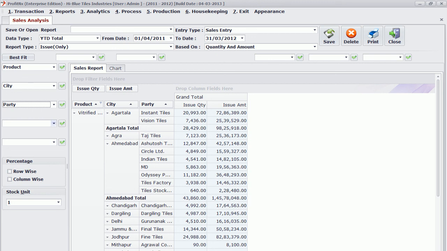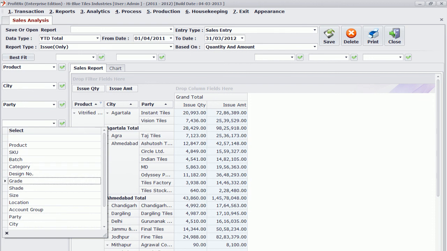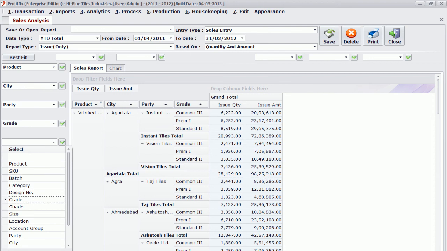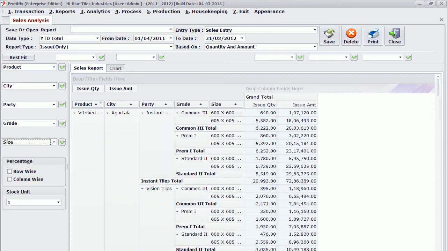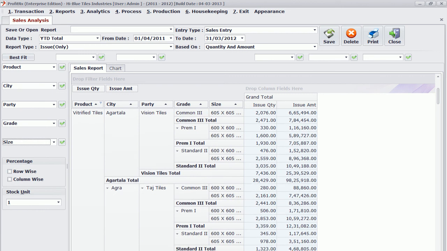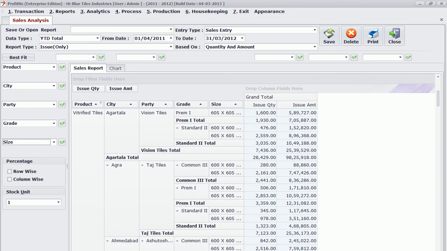Now in the party, I can have again grade, that okay, Taj Tiles Agra, how many of common 3, how many premium, how many standard, and in grade I can also further go down to size. Of this, which sizes have been sold by them. Look at this, Agra, Taj Tiles, and I will have all the information.